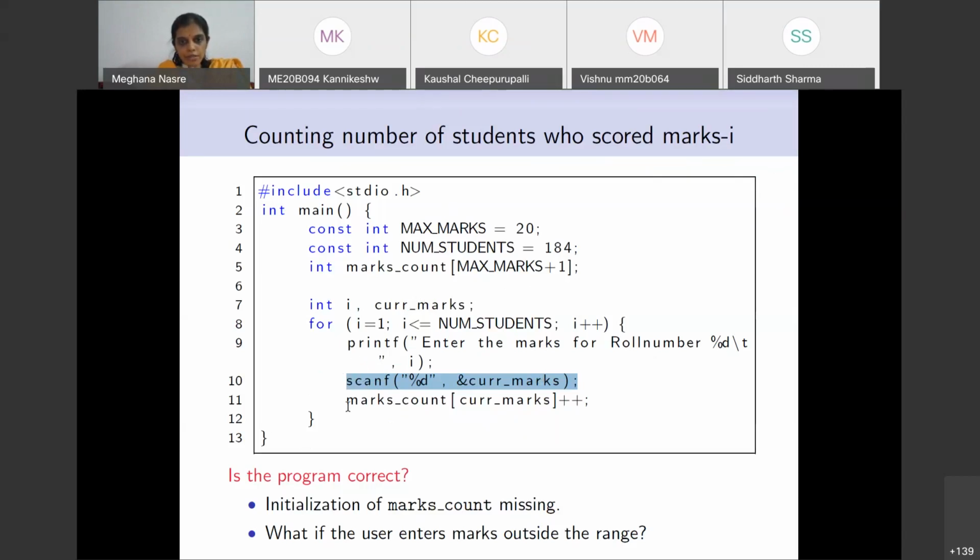The way it is doing it is taking marks count, going to this index which is 23, and then doing a plus plus. It says marks count is this array, go to the index number 23 of that and whatever is the value inside that, increment that. So it doesn't skip it for sure.